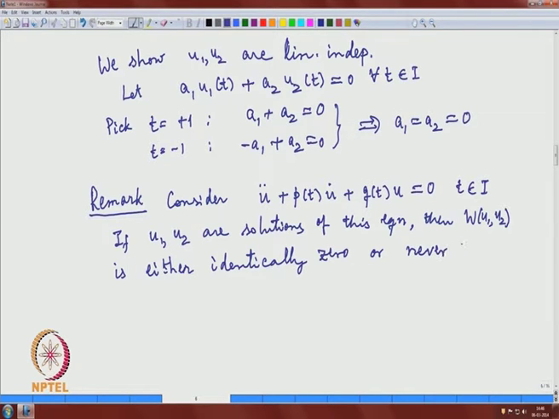So, if it is 0 at one point, then it has to be 0 everywhere, and if it is not 0 at one point, then it has to remain non-zero, and this happens only because u1, u2 are solutions of this homogeneous equation. So, that is for special functions, and further